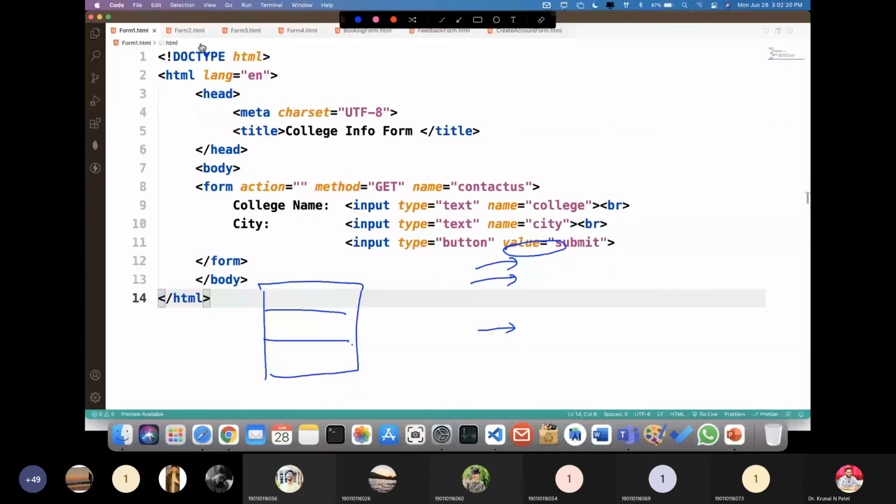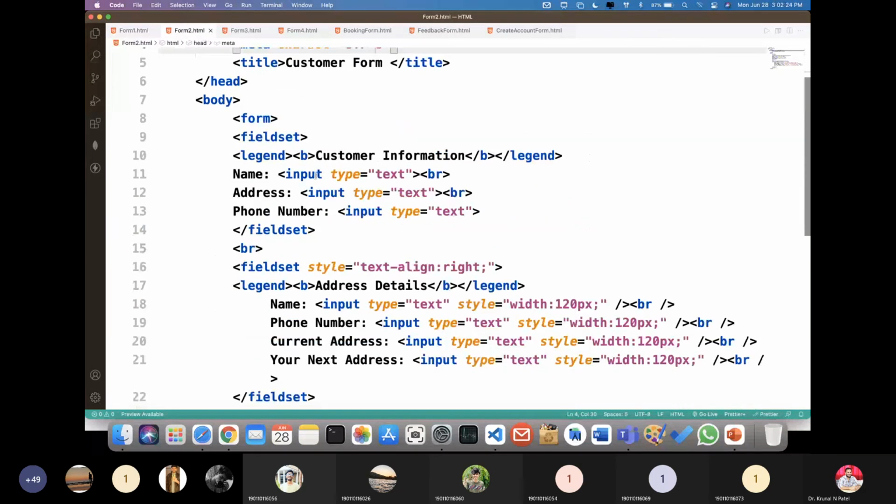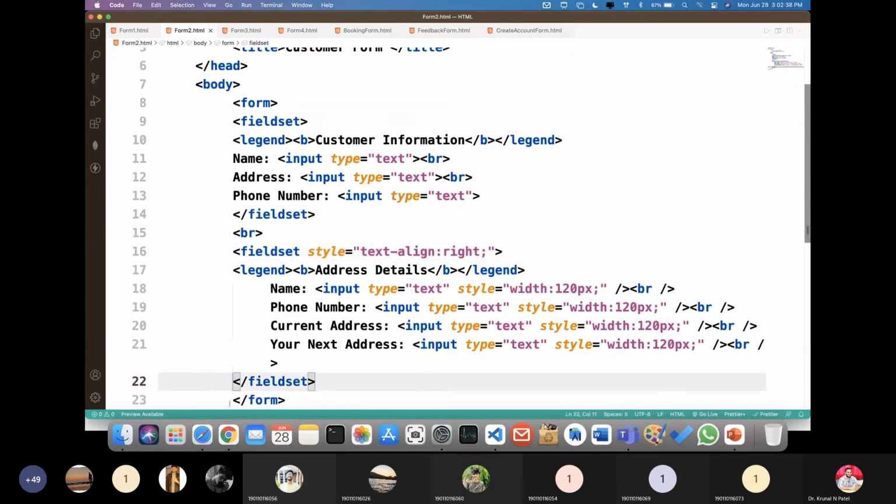So here you can see that in our second example, here we have a fieldset, right? Another one, I want to define a different address. So here I am going for customer information, and after that, I'm going for the address details.